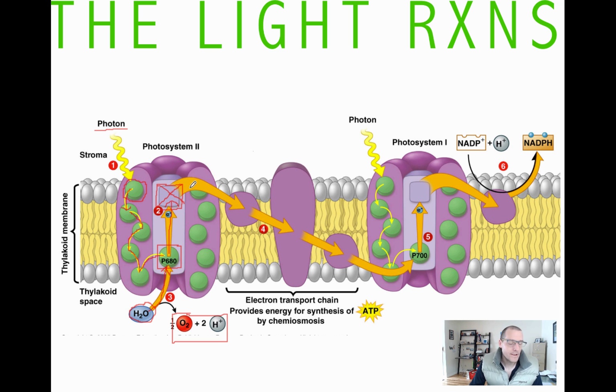So what happens next? The electron that's up here in the primary electron acceptor gets passed into an electron transport chain, and the reason it does that is because of differences in electronegativities. This little carrier protein here in the membrane of the thylakoid is more electronegative than the primary electron acceptor, so the electron gets donated freely from the primary electron acceptor to this protein carrier, and then that protein carrier shuttles the electron into a larger transmembrane channel protein,